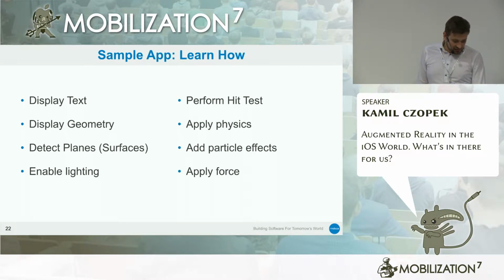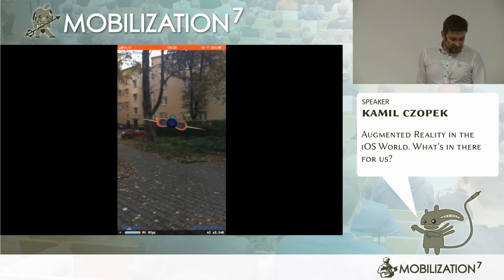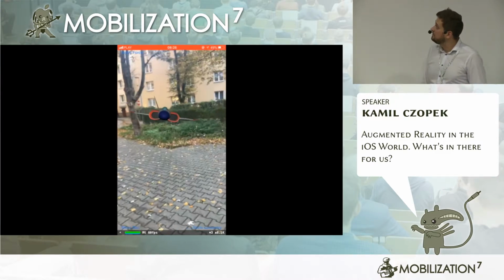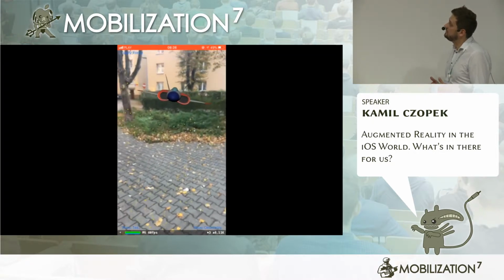And how to apply physics, which is the collisions between objects, things like whether or not these are affected by gravity, and how to add particle system effects. This is actually not something strictly AR, of course, but this is part of SceneKit, and how to apply force to objects. So after this sample app, we are able to actually, from the real beginning, we can see